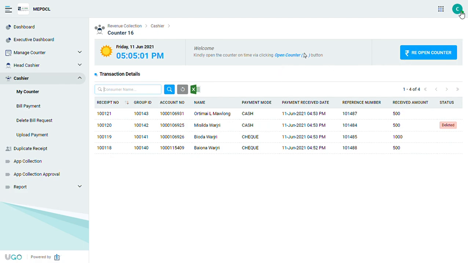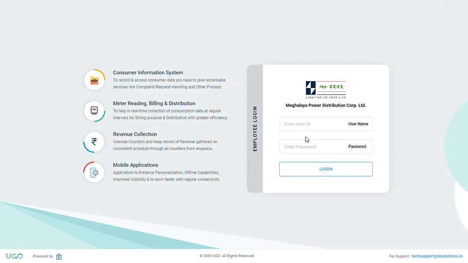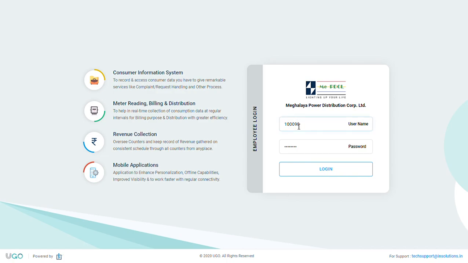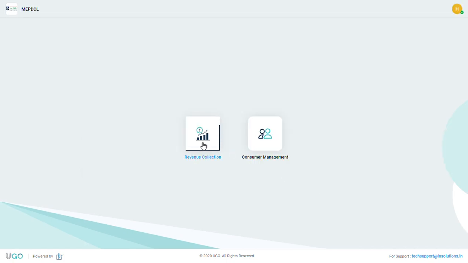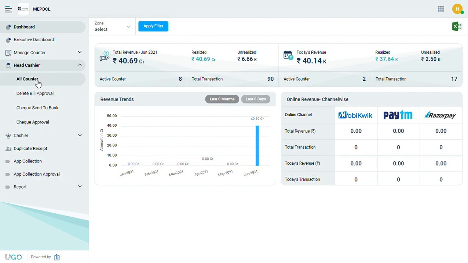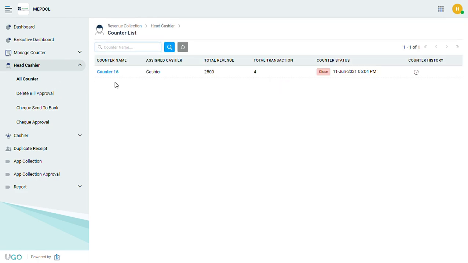Now we'll go to the head cashier's login ID. OK. Revenue collection. The head cashier can see all the transactions done in the all counter menu. Here all counters will be listed.